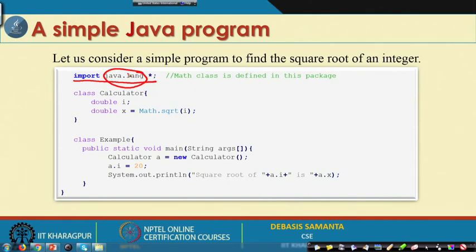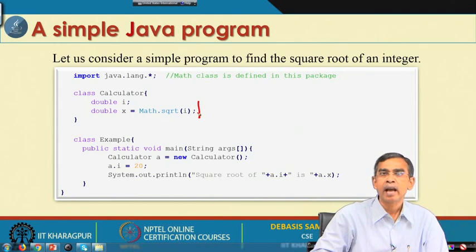So, it has been imported here so that we can access the square root. We do not have to define the square root method on our own, as it is already there in the lang package, so we can use it. This is basically a library method, we can say.